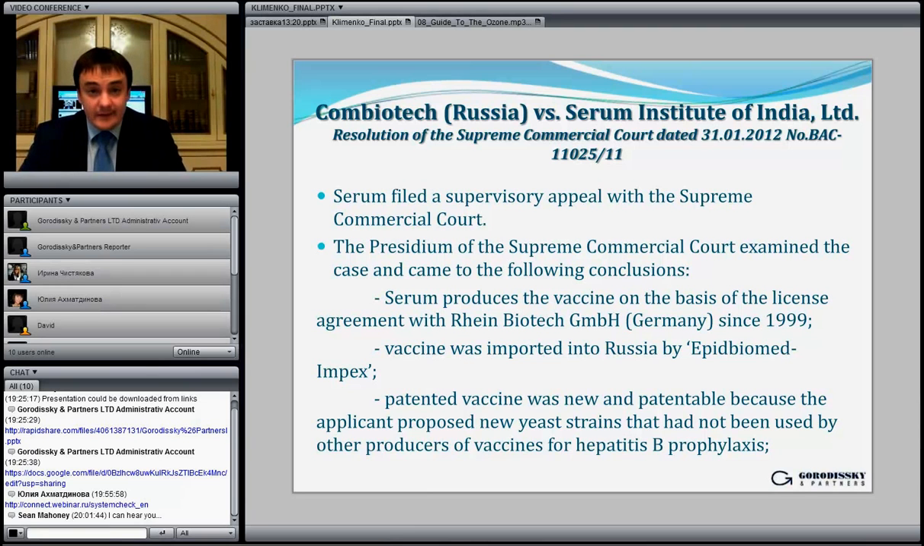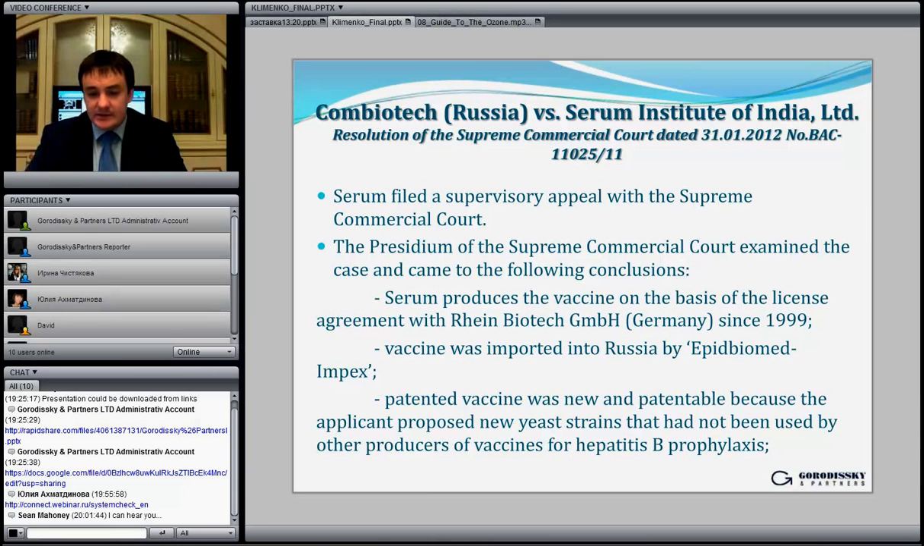Therefore, the Indian company filed a supervisory appeal with the Supreme Commercial Court, and the Presidium of the Supreme Commercial Court, having examined the case, came to the conclusion that, first of all, the Indian company started to produce this vaccine using the same antigens since 1999. And the second issue: the vaccine was imported into Russia by another Russian company. Therefore, at least the lawsuit was filed against a wrong defendant, as the Indian company itself didn't import the vaccine